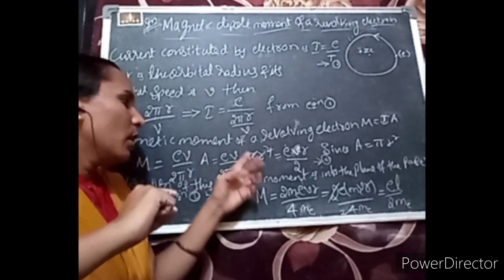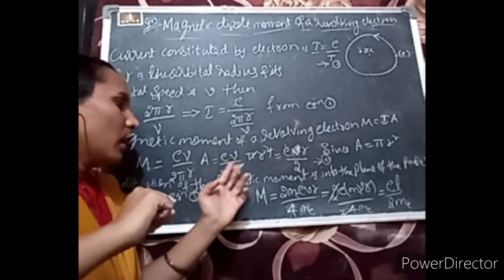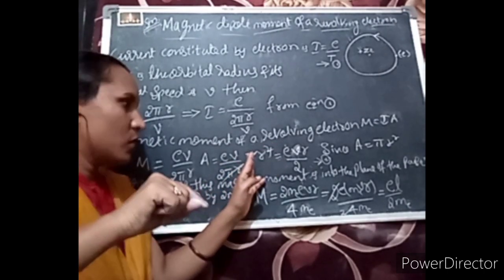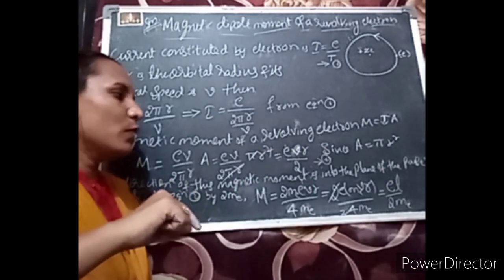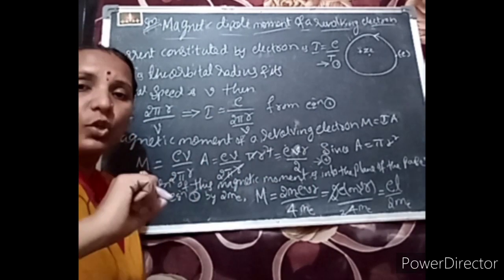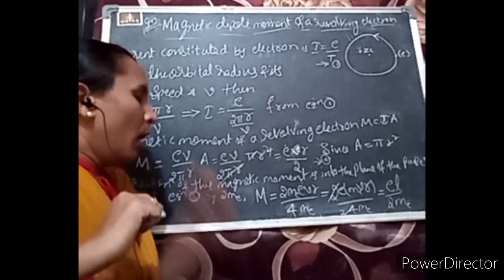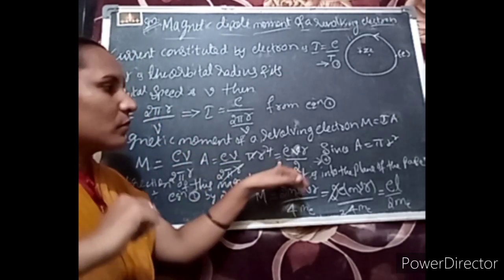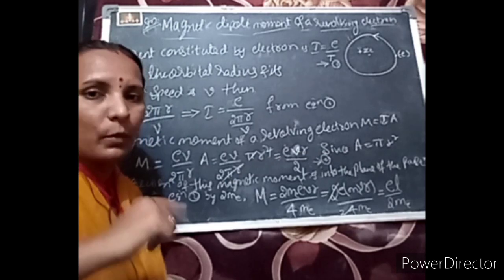Here it is an orbit. So pi r square, 2 pi, pi r and pi r get cancelled, r remains here. In the next step we get M is equal to eVr by 2, call it equation number 2. M is equal to eVr by 2, since the area of this orbit is considered to be pi